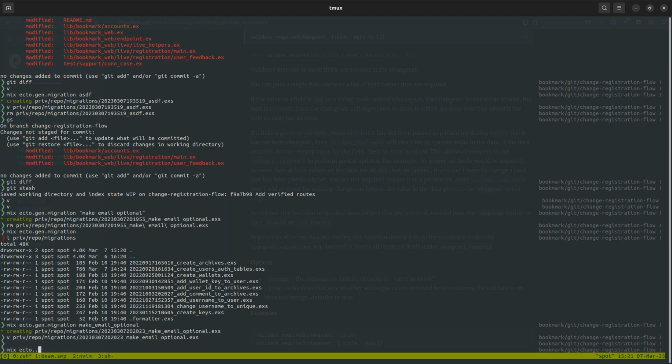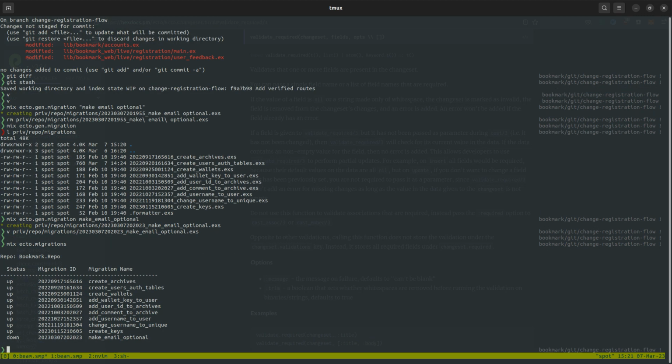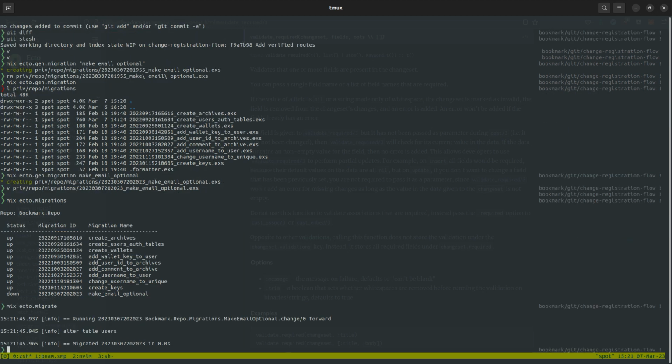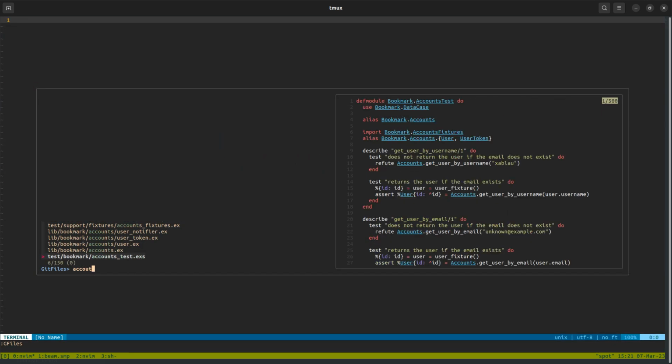Mix Ecto migrations. It's gonna show me all of them, and mix Ecto migrate. Okay, that seemed to, maybe that worked. The last thing I need to do is